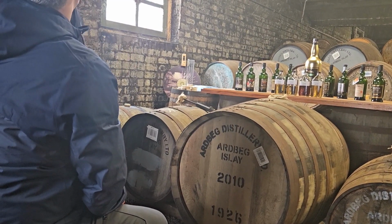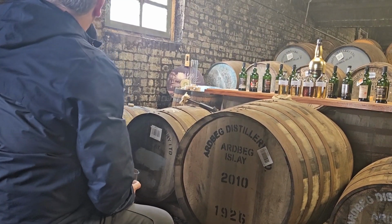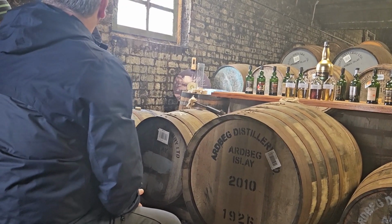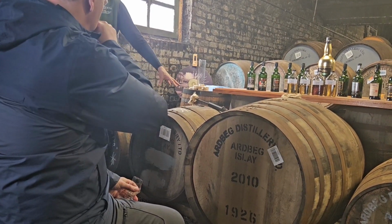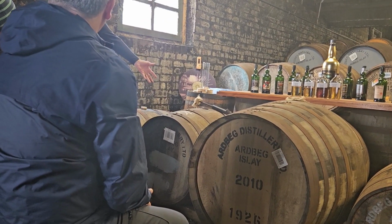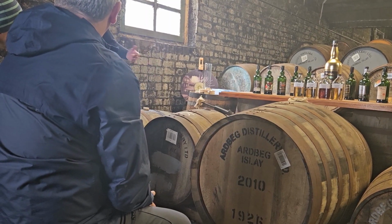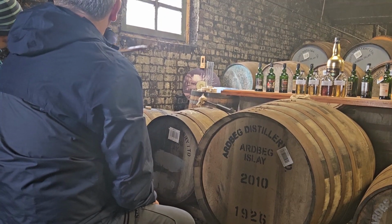Some of you might remember an alligator from a long time ago called an Ardbeg alligator, 2011. This was a category 5 char, an alligator char, almost disintegrating the cask. So this is a category 4 char. It's about a minute and a half, and what it is, a really smoky container into which goes really smoky